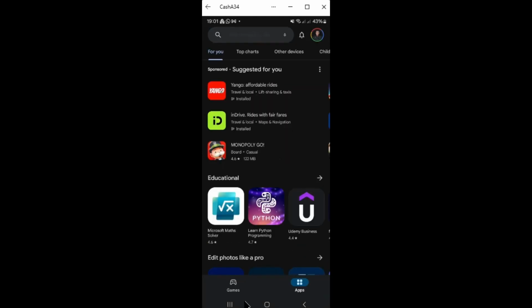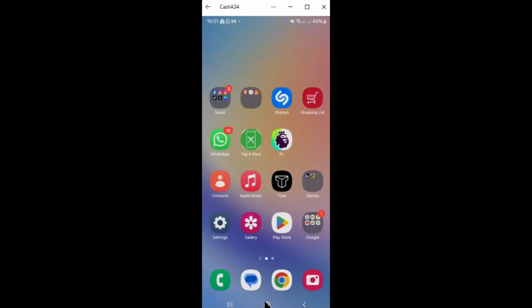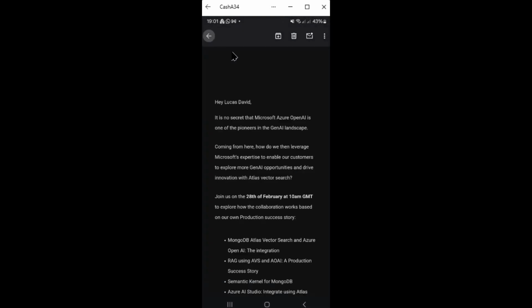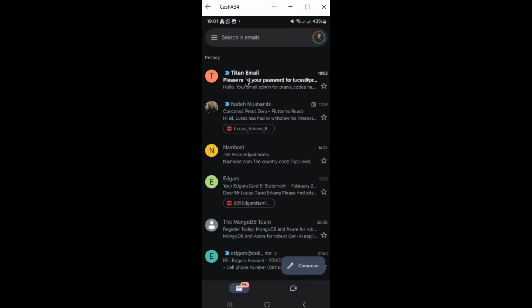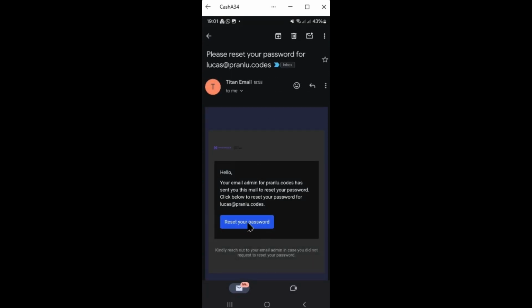Okay. Now, the next step is you will get an email to reset your password. Depending on what email you use, in this instance, I'm going to use my personal email. And inside my email, I am going to find an email from Titan asking me to reset my password. I'm going to go in there, and there's a link that you simply click on. And once you've clicked on that link, this will pop up